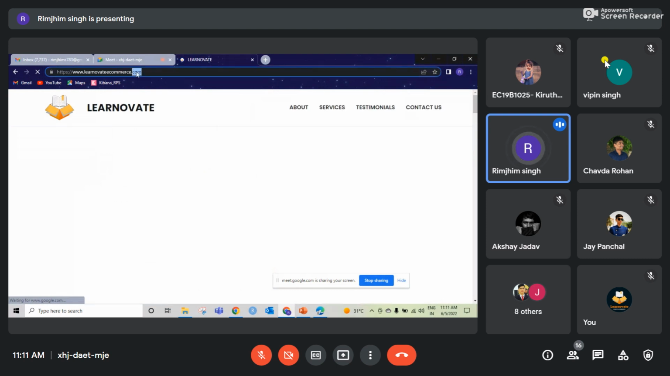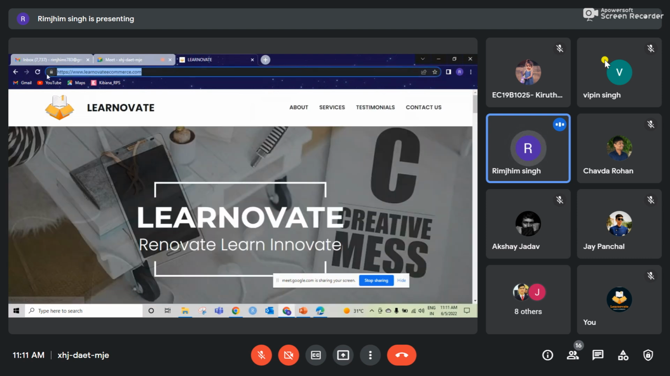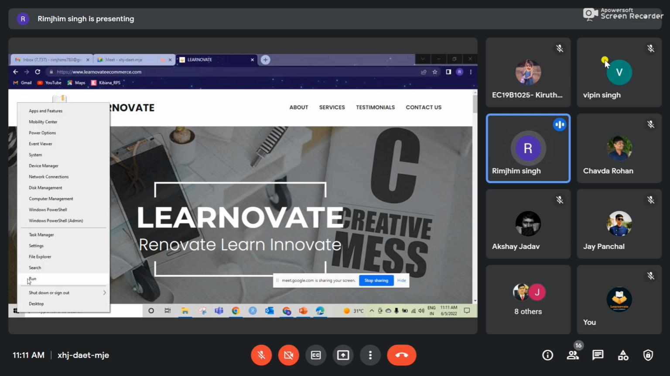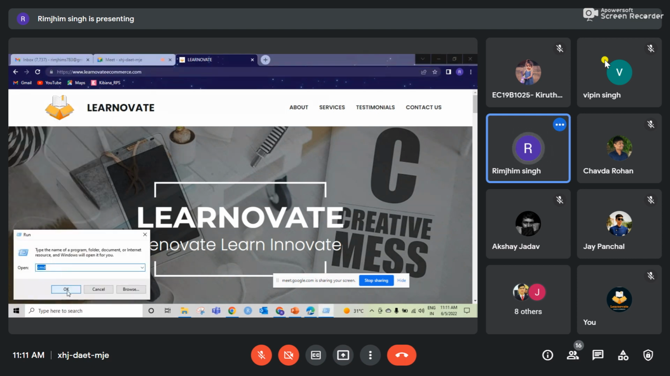So this is the page of Learnovate. What I'll do is find out the FQDN. I know the FQDN, which is www.learnovateecommerce.com. So this is my fully qualified domain name. And if I want to find out the IP address of this particular website,